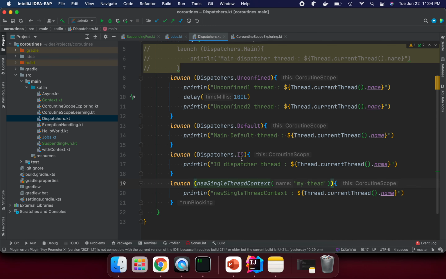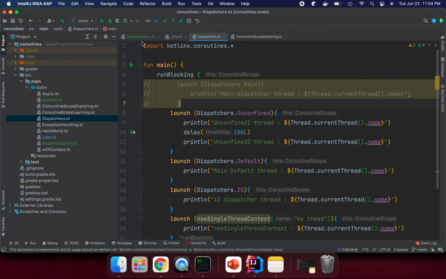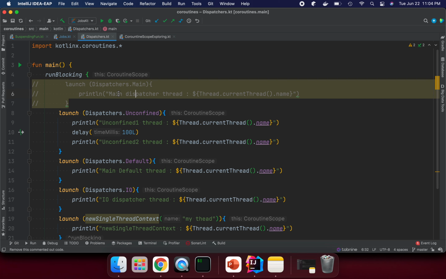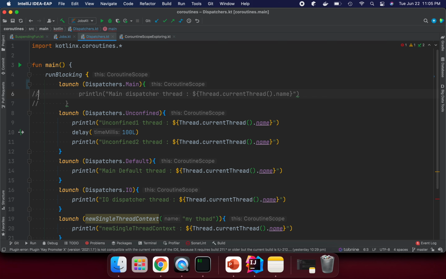Let's see all of this in an example. I have created one example here, where we can see launch with Dispatchers.Main. I will uncomment it and try to run it.